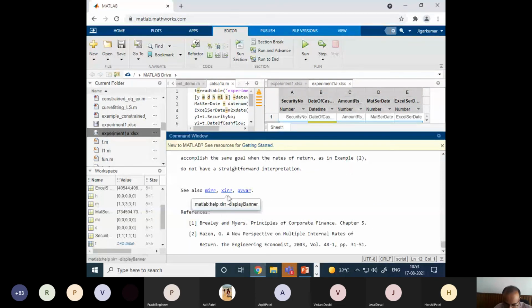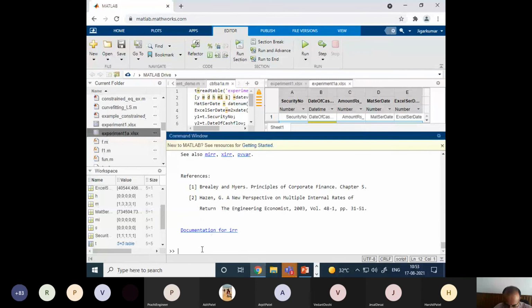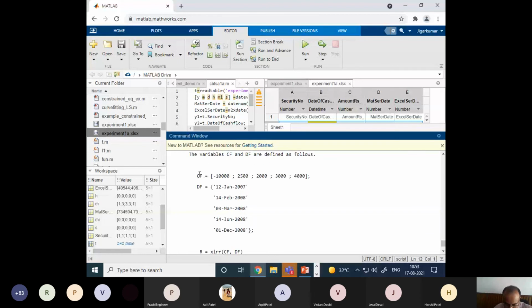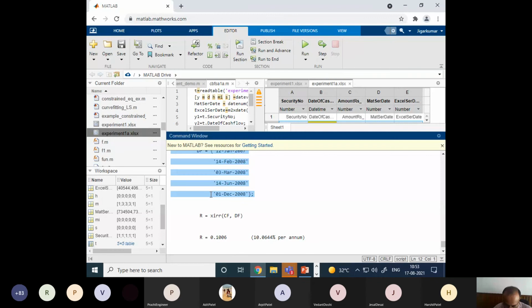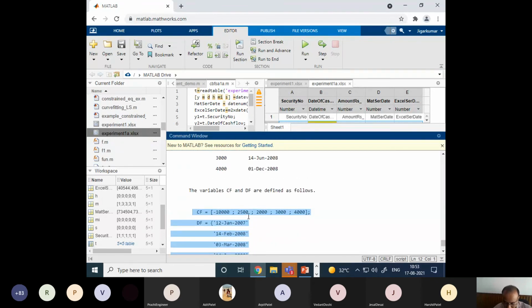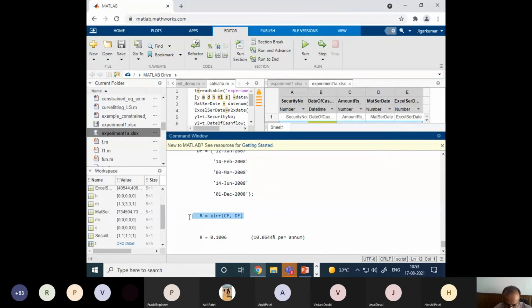And then you refer to XIRR. Most statements specify this XIRR. So there is a MATLAB function XIRR, and you see how XIRR is working. Again, this example is given. It takes cash flows and dates, but here the cash flows are not at periodic intervals, but at non-periodic intervals. So the cash flows do not have a periodicity; they are irregular amounts at different intervals. So it's like that.